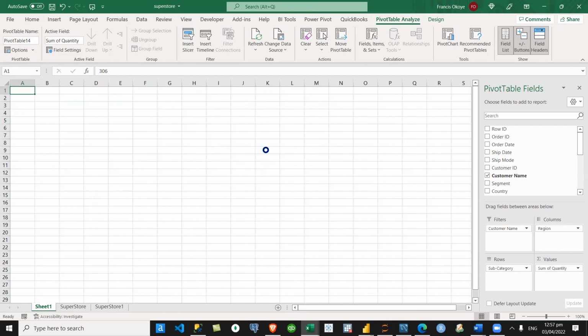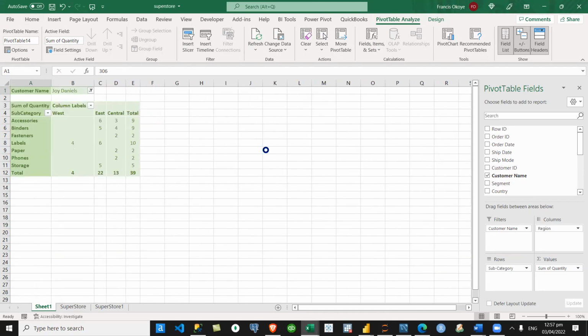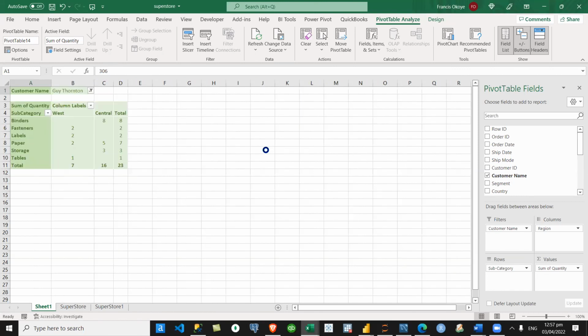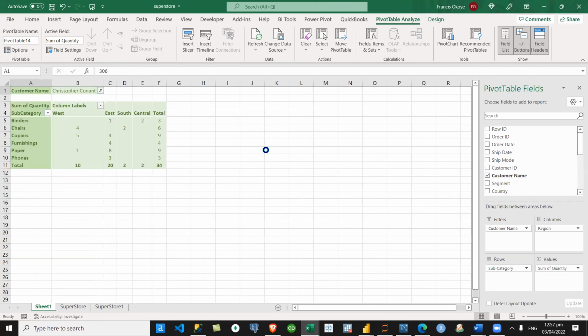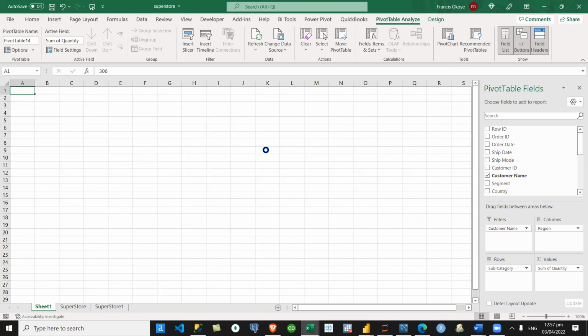So I wanted to ask you something, Mr. Francis. Is there a way, if I have more than 1,000 rows of data and there are breaks in those data, maybe I downloaded the whole chart of accounts, there'll be different ledgers, but I want each ledger to have a sheet. How do I copy it out to have its own sheet in that workbook? That's what I'm showing you here now.